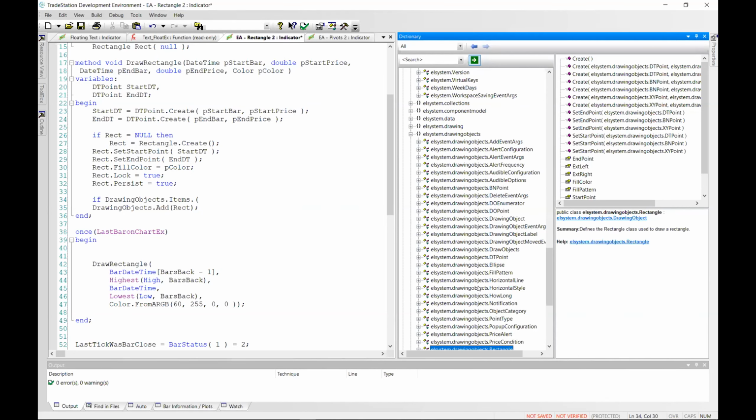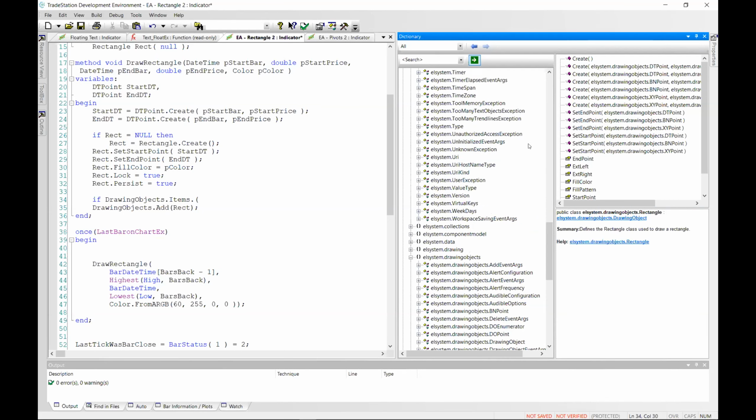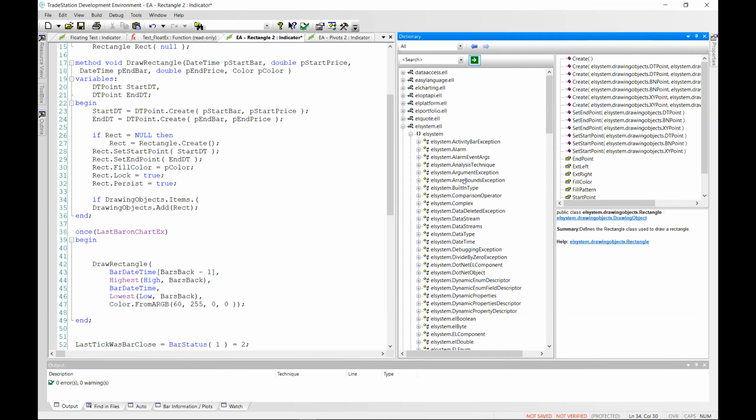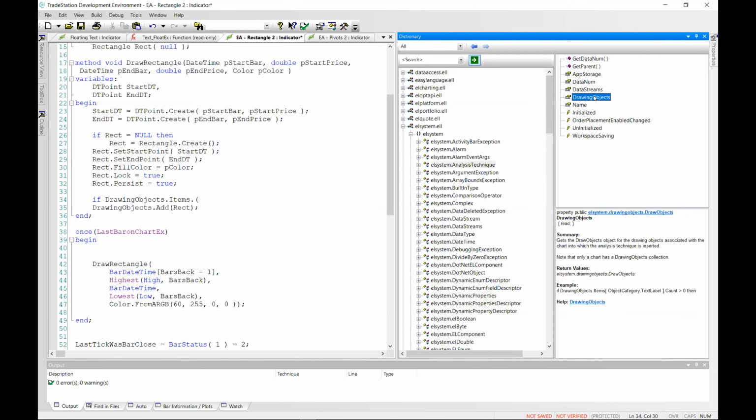Okay, where is drawing objects? Oh, I think it's in the analysis technique class. Okay.